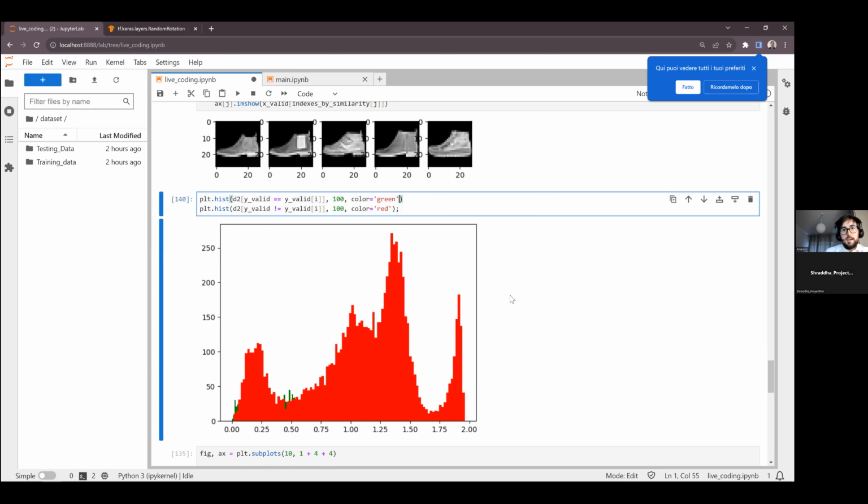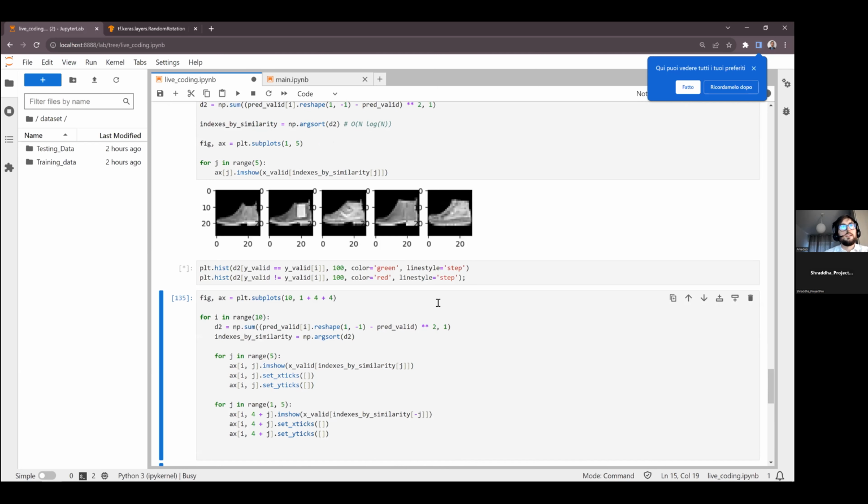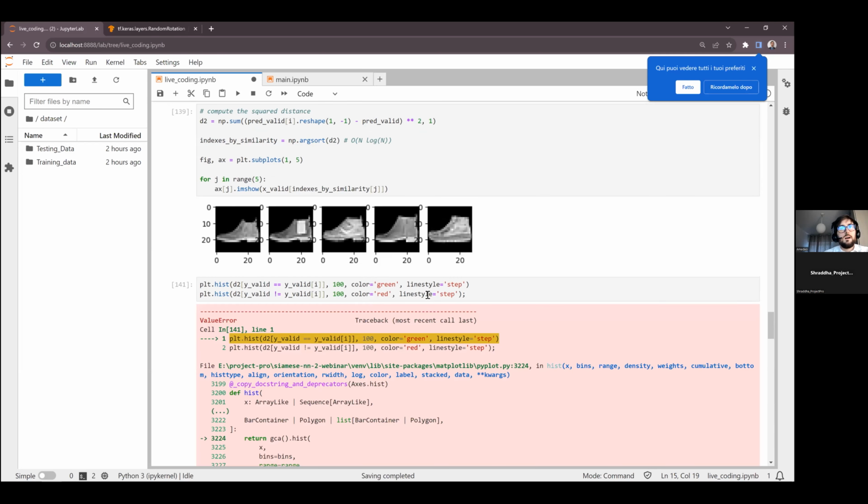Now, we cannot see it very well, so we can try the line style step. In that way, it should be transparent, and we can see it like that.